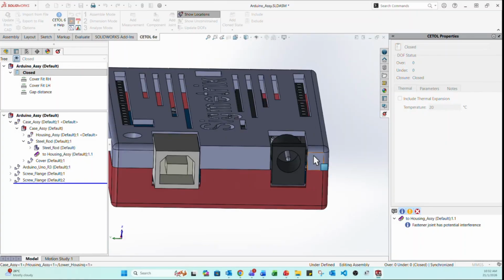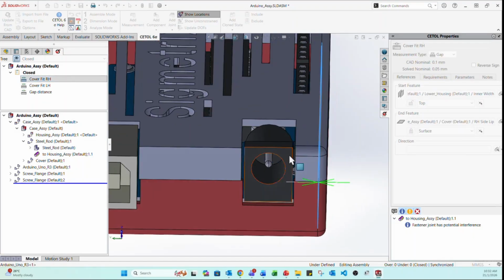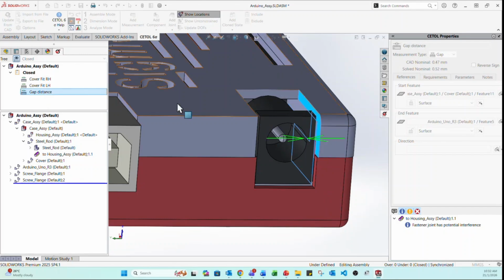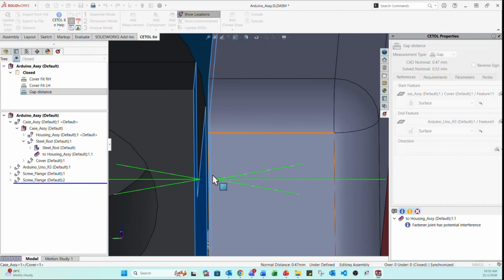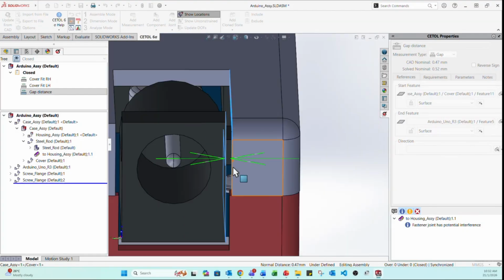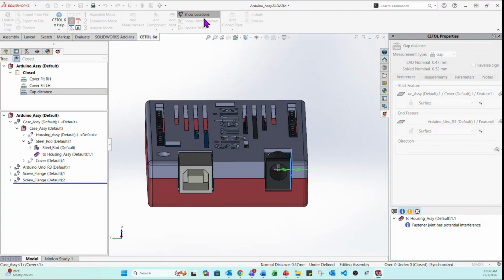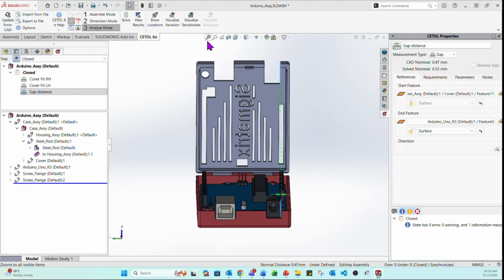So by right, I'm studying, when the Arduino cover is closing, what kind of measurement I'm concerned about. So let's say with the tolerance affecting, when the cover is closing, I'm adding a requirement for the gap that it shouldn't be less than 0. If it is less than 0, there is interference. So when doing the study, to get the result,